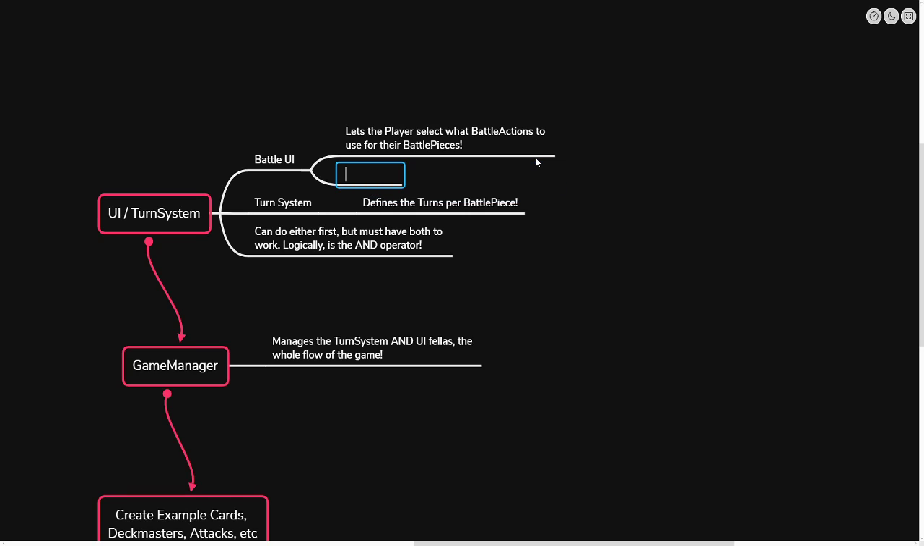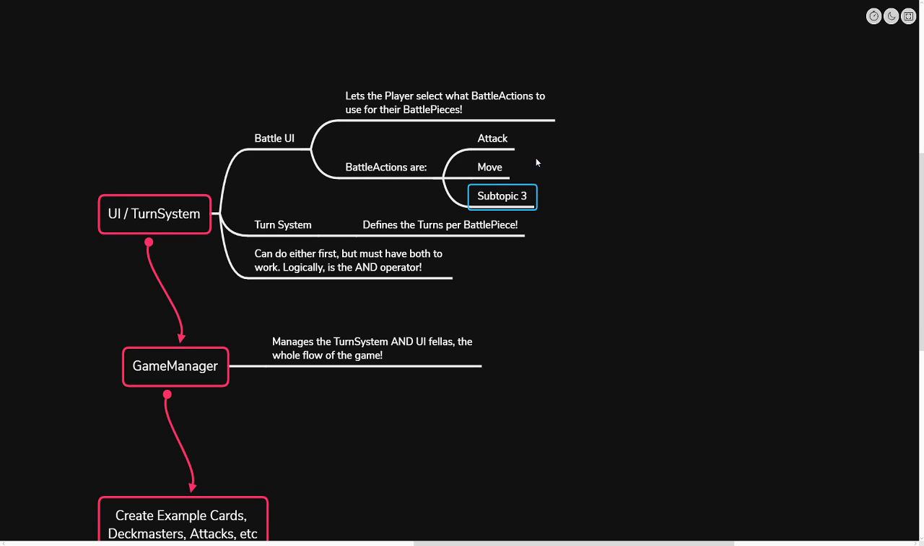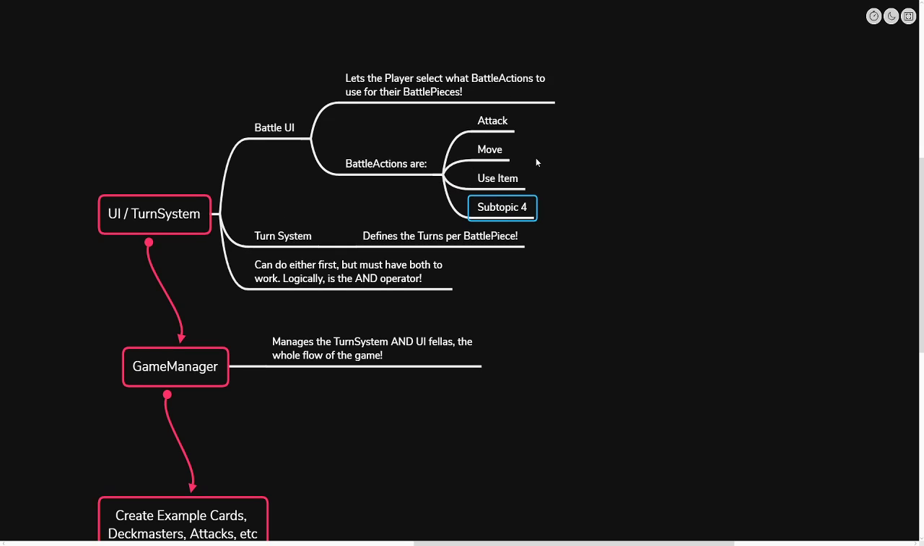So let's enumerate the things that we want to do. So battle actions are, and then we'll do attack, move, use item, pass. That'll probably be a thing too. The thing is that deck masters will have different battle actions than our battle cards and stuff like that. So part of the interface implementation of them is that